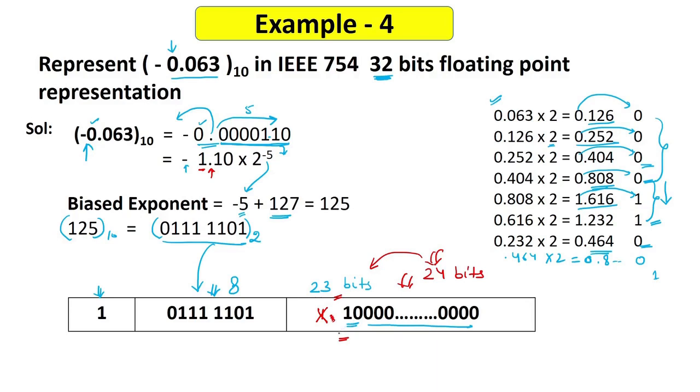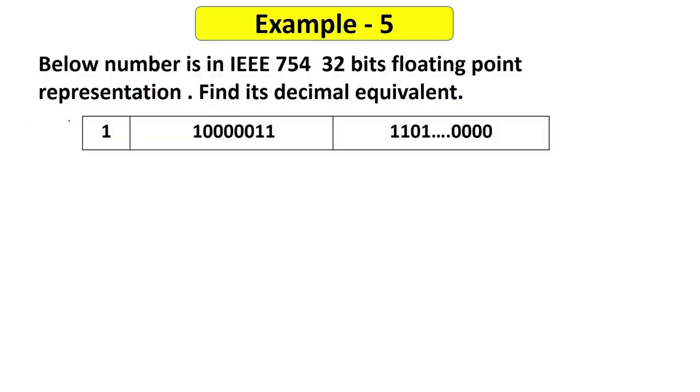And now let's take one last example for this video, in which I will convert a binary pattern to a decimal number. I will do the reverse process. I will be given this type of binary pattern, and I have to get the decimal number corresponding to it. So here I've been given a binary pattern, and this is 32 bits total. You can assume this is 23 bits, this is 8 bits, and this is 1 bit. Total 32 bits, single precision format. And I have to find the decimal equivalent for this bit pattern.